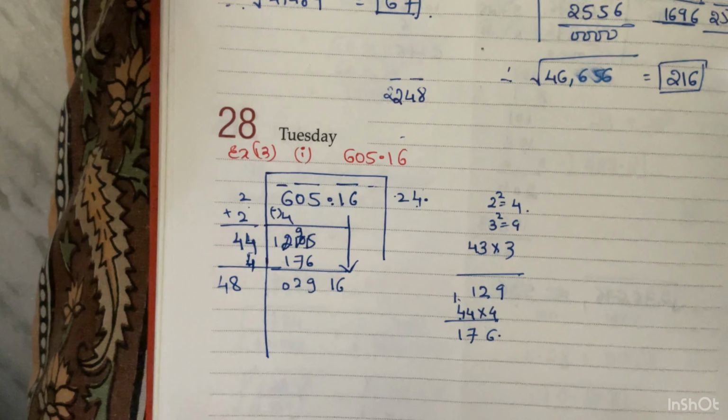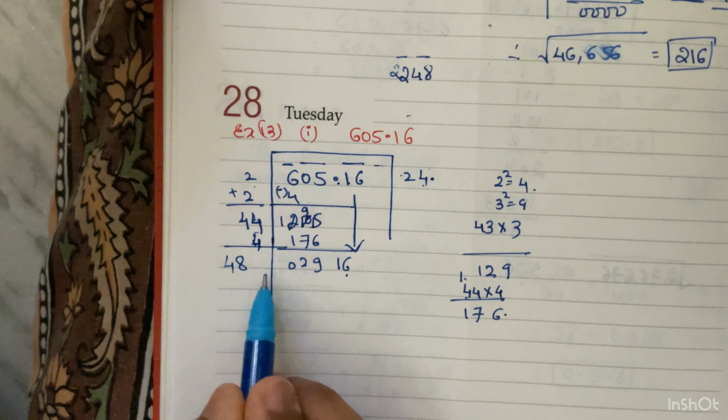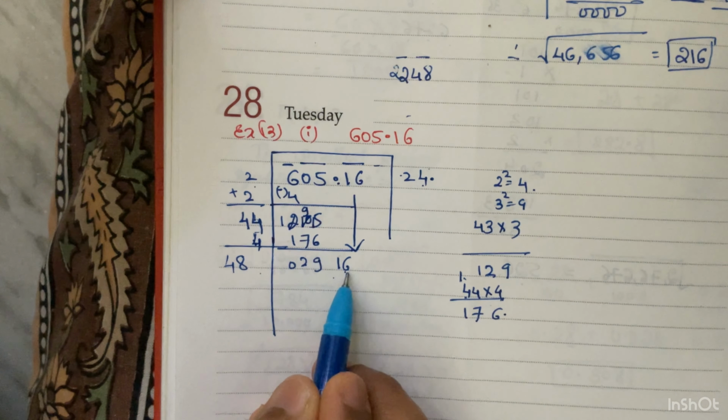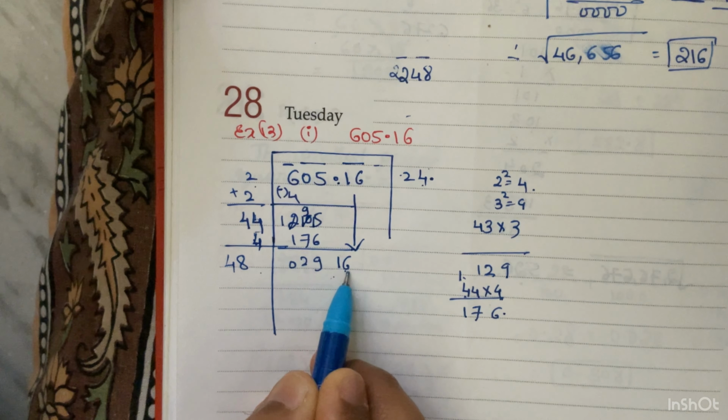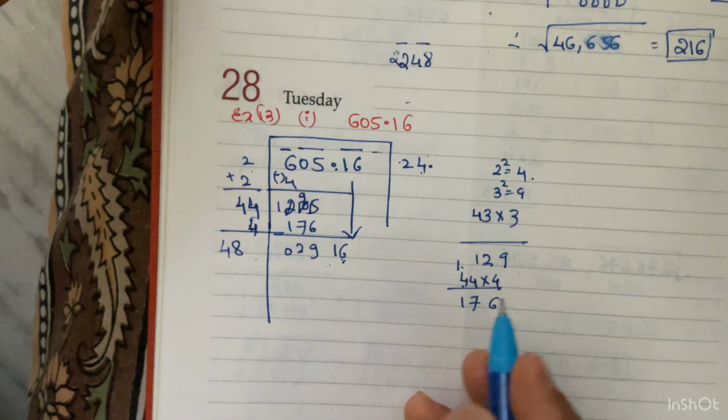Now choose the digit that ends with a 6. Okay, if I take 3, 3 3s are 9, 5 5s are 25. If I take 6, 6 6s are 36. Here also this number ends with the 6 digit. 6 6s are 36. There also it ends with a 6. So let me try with